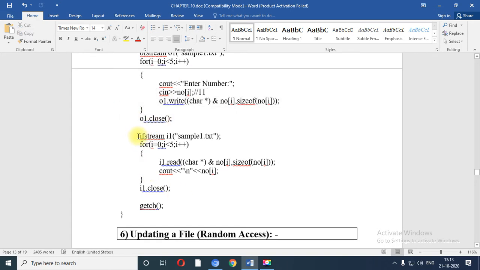Now I want to read the content from the file. So the reverse operation I am going to perform. I am going to create the object of ifstream file, then the name of the file from which I want to read the content. Now whatever the syntax of this write function is, I am going to paste it